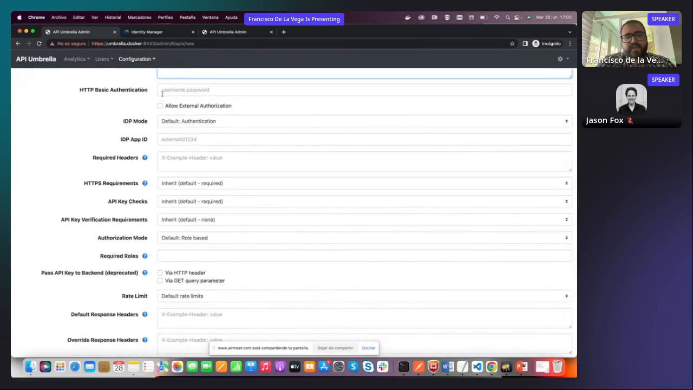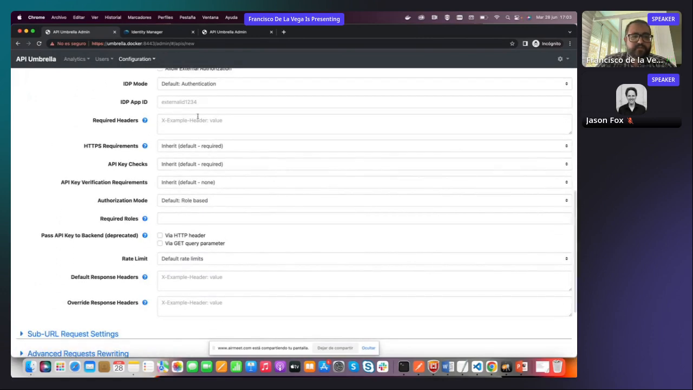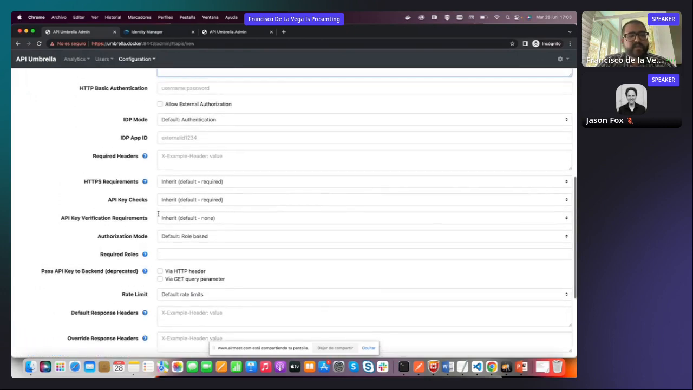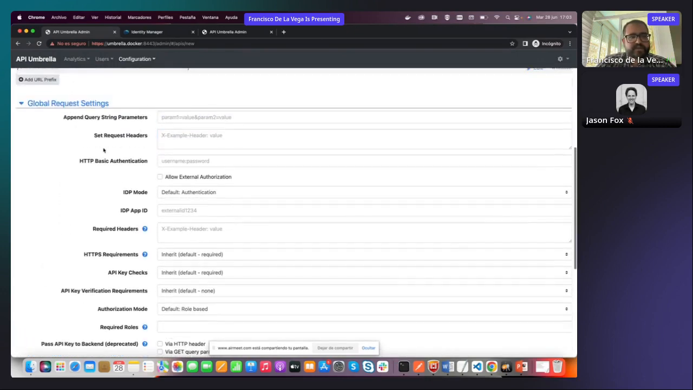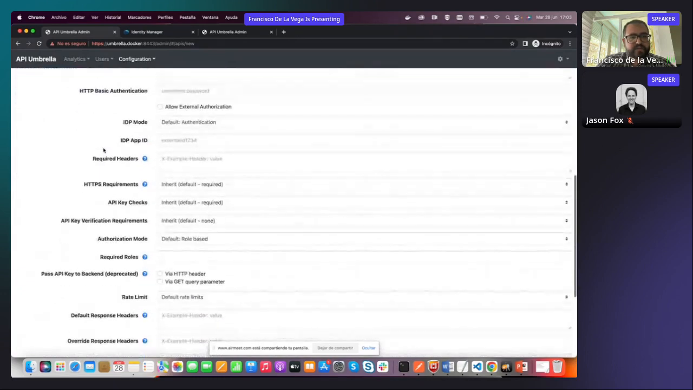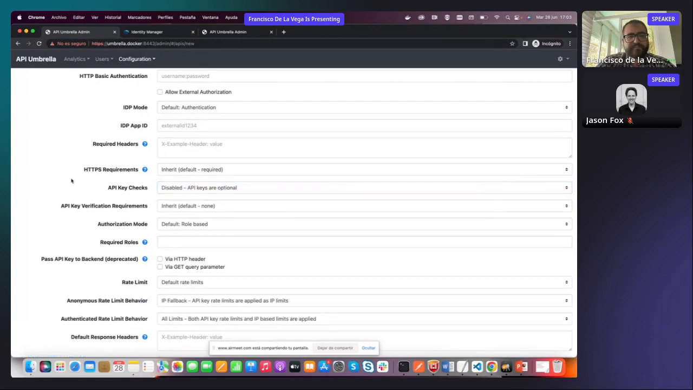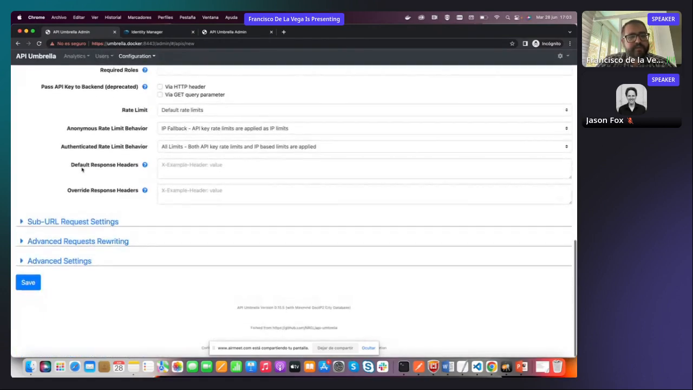Here we have the stuff we are going to see later, which is the integration with Keyrock. And well, we have a lot of things that we can configure. We can configure the security, we can configure which roles are needed in order to access the service. You can configure the default rate limit, etc. So just to see how this is working, what I'm going to do is to disable the security for now. And I'm going to save